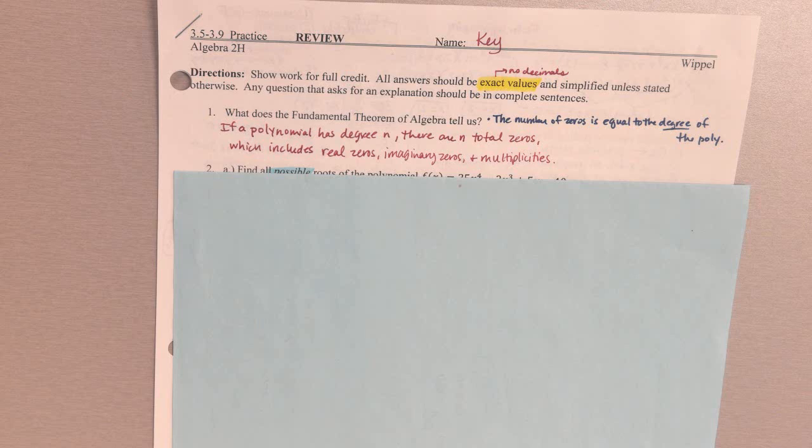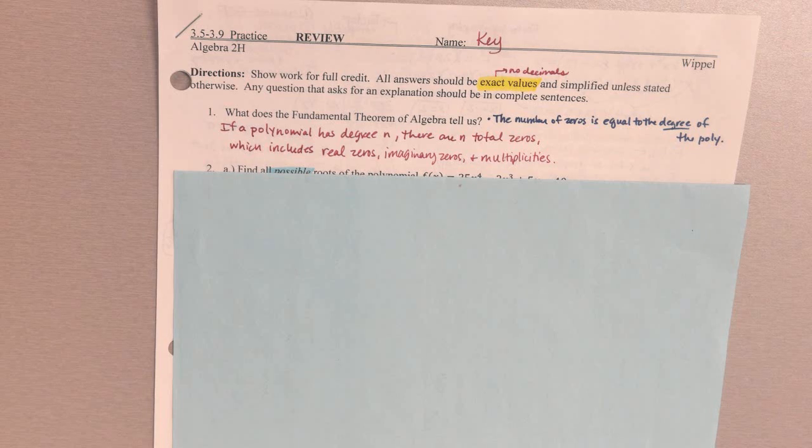Okay, so the fundamental theorem of algebra is something that you will need to be able to write out. The gist of it is that the number of zeros is equal to the degree of the polynomial. And then the official definition is if a polynomial has degree n, there are n total zeros, which includes real zeros, imaginary zeros, and